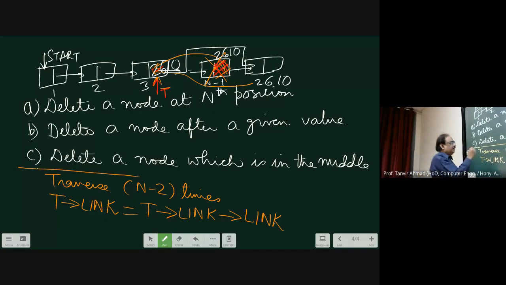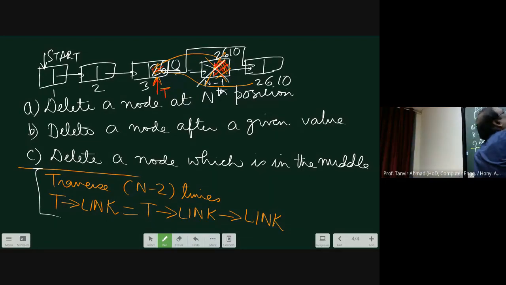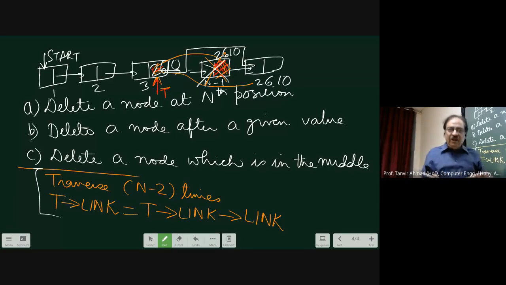Now the algorithm is fine. But before that, you should have written return T of link to avail. But before that, you have to save also, because once you remove this node from here and put it back to avail, you will lose 2610. Therefore, save 2610 in a variable, then return the (n minus 1)th node to avail, and then replace that value to this. That means I can write like this also.